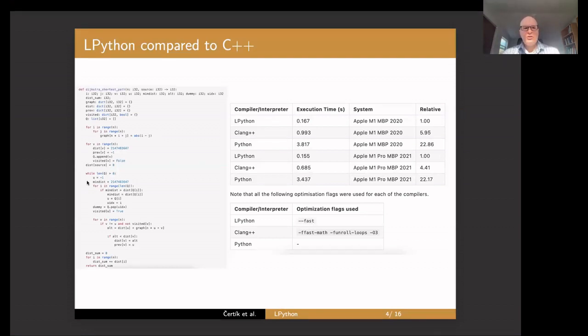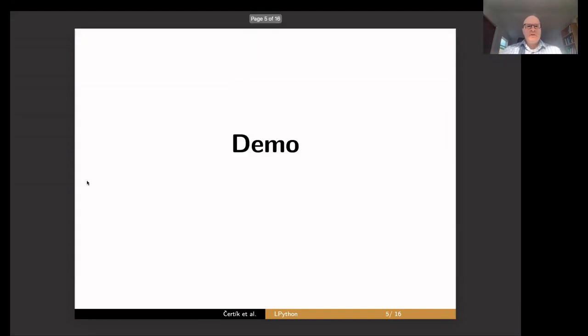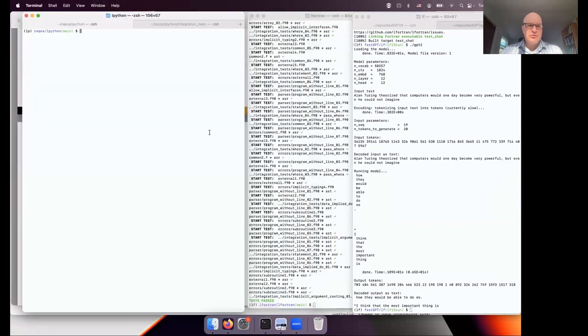Here is a benchmark. On the left, you can see a very simple benchmark that uses some dictionaries. We also wrote the same thing in C++ and compared Clang, LPython, and Python. As you can see, the benchmarks are pretty good in terms of speed of runtime, execution time. I'll get more into discussing this particular benchmark, because as you know, benchmarking is very hard. But let's start with the demo so that you get an idea what LPython is and what it can do, and then I'll resume the presentation and we'll finish it in about, let's say, 10 to 15 minutes, and the rest of the time we can use for discussion. So let's get to a terminal.